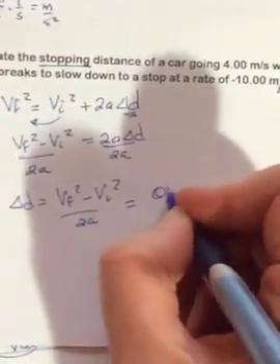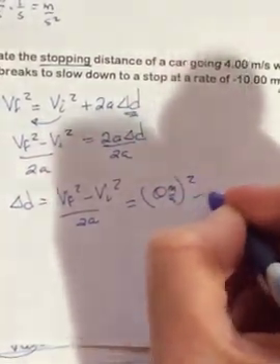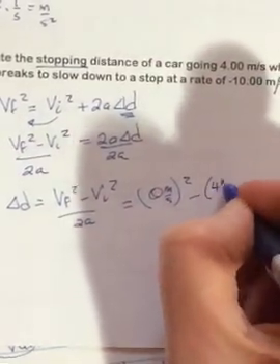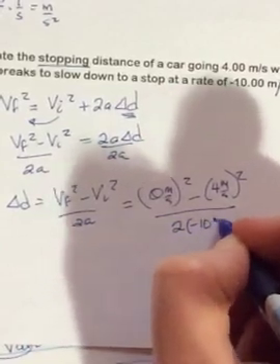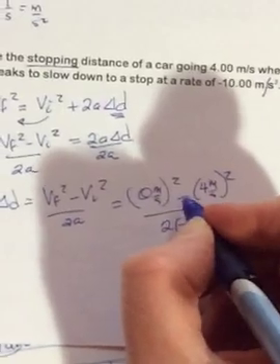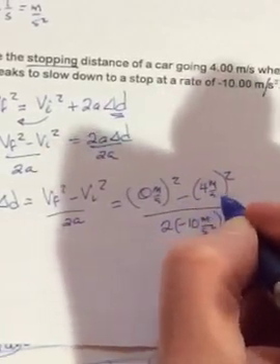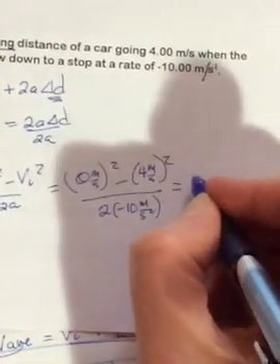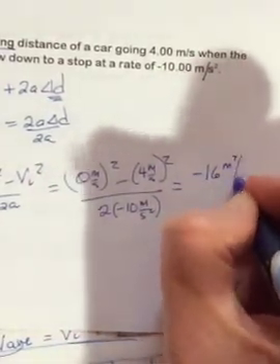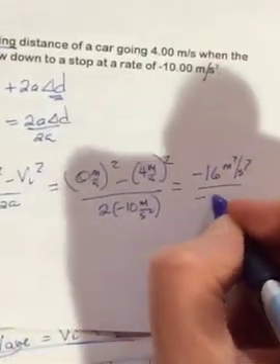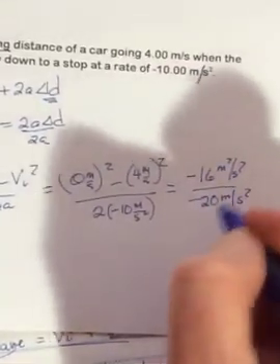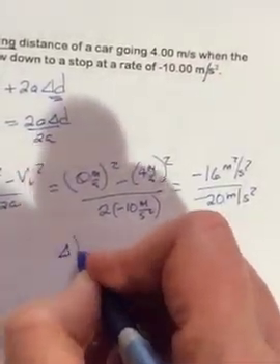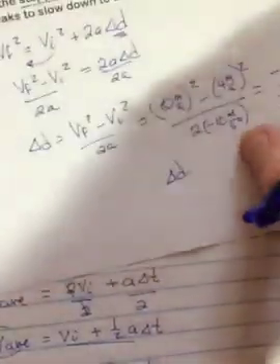So now we fill our numbers in. It's stopping. So VF is just 0. Minus, it was initially going 4 meters per second. And that gets squared. And the acceleration was negative 10. Now, notice this minus sign is not part of the 4 meters per second. So when you square this, the negative stays and you get 16 meters squared per second squared on the top. And on the bottom, you get negative 20 meters per second squared. So the two negatives are going to cancel out, become a positive. I think I'm solving for D, yeah. 16 over 20